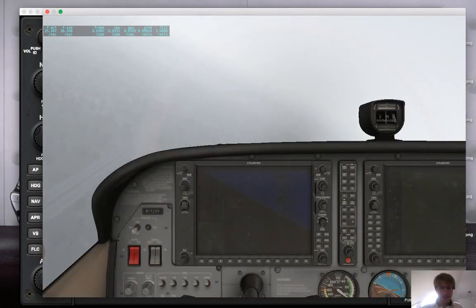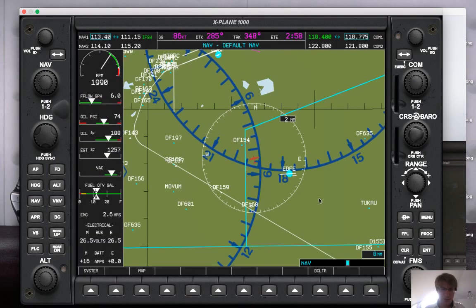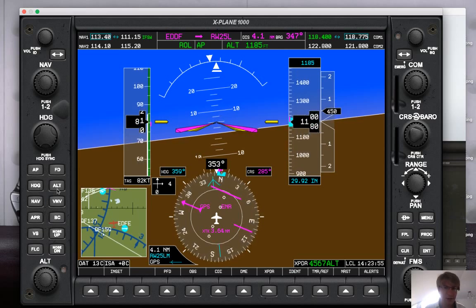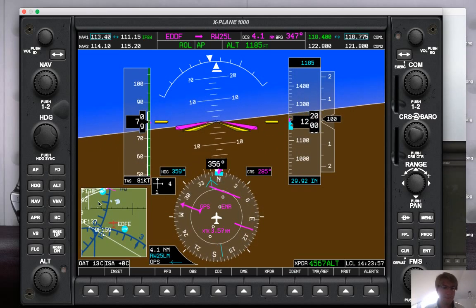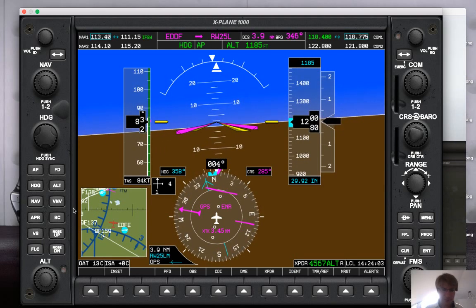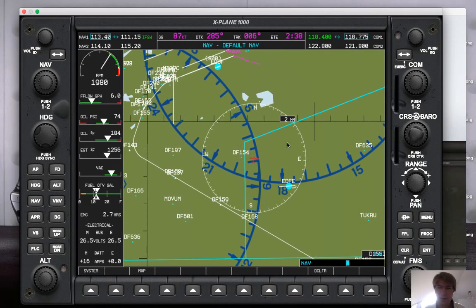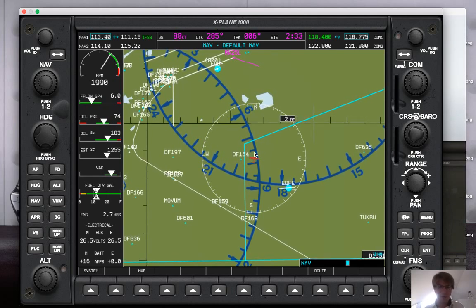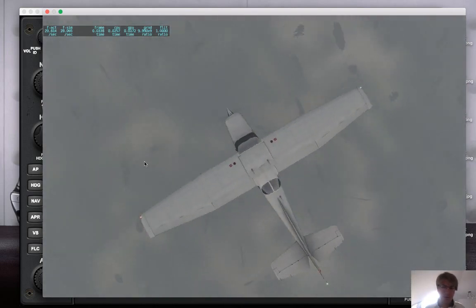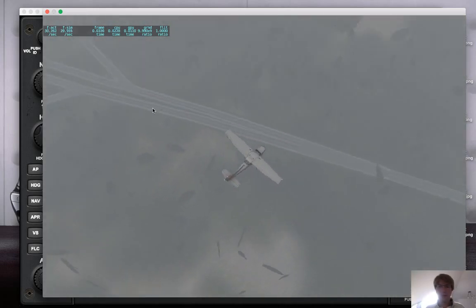All right, so we have the Autobahn to our left. I'm now just going to put the thing in autopilot, make it hold the altitude, sync the heading, and just fly heading mode up here. So as you can see, we will now transition from the RMZ into the control zone of Frankfurt, and the point where we transition, if you look from the outside, there should be an intersection of